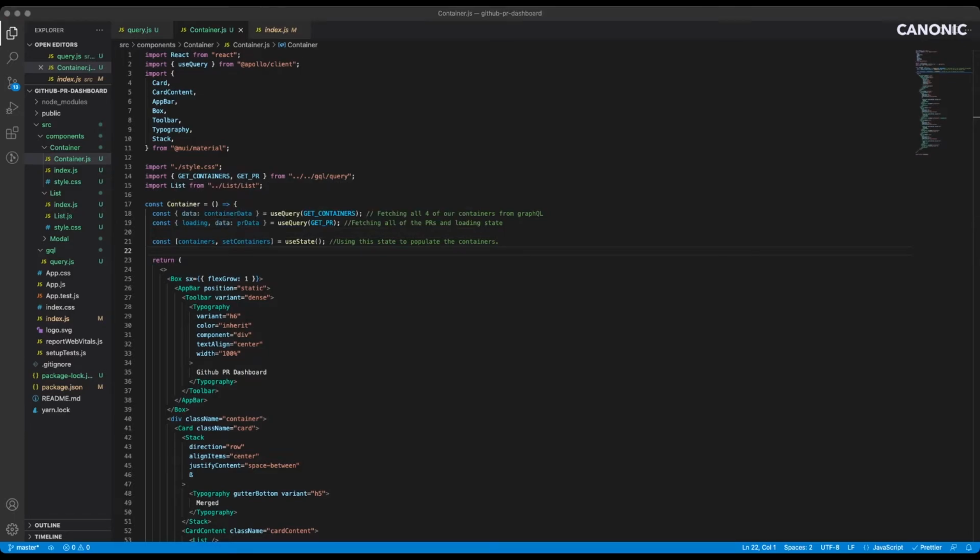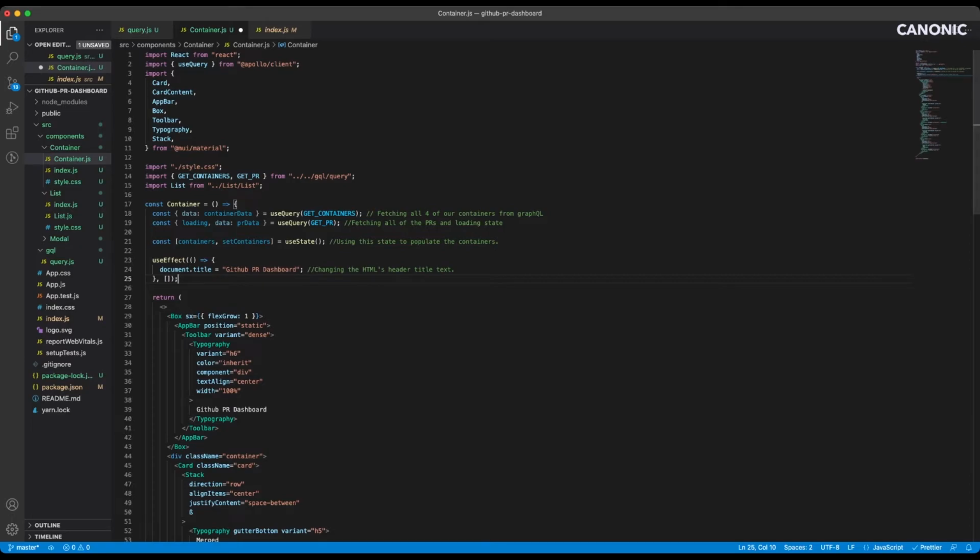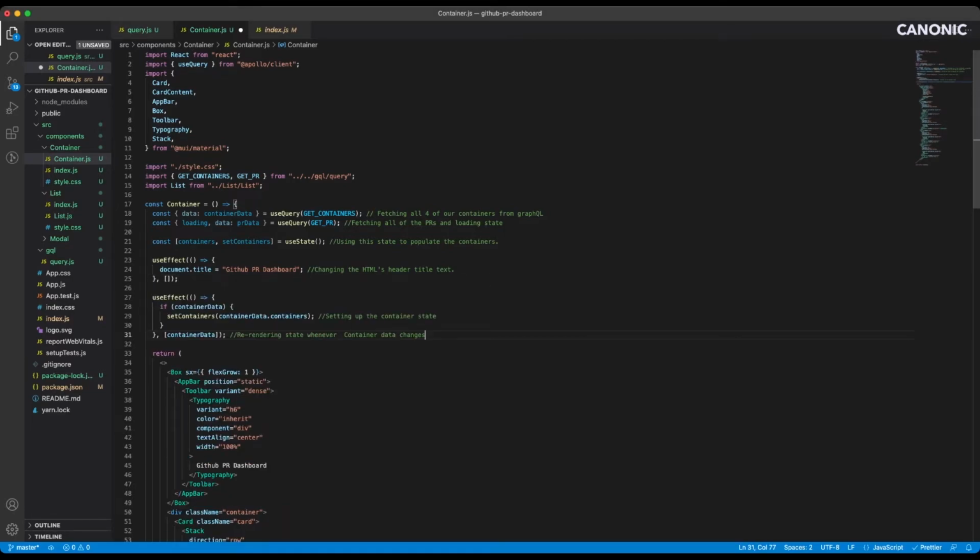Quickly before that, let's also set the title of our app, and also set the container data whenever the state of that variable changes so that it remains updated all the time. So now we have all the container data with us. We have fetched that. We'll also log it once to see if it's working or not.